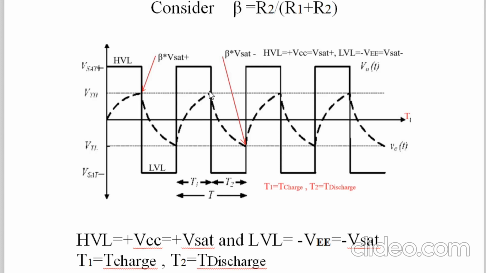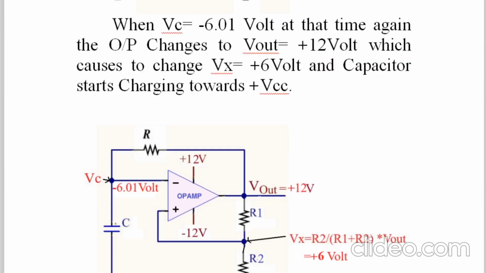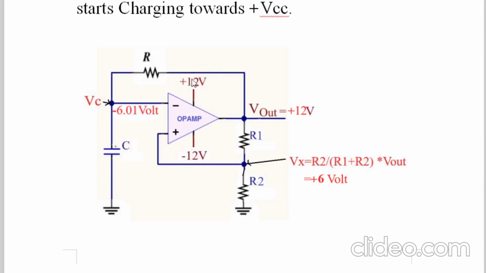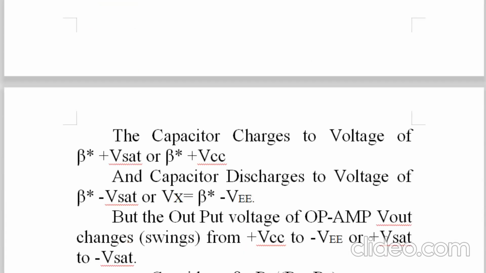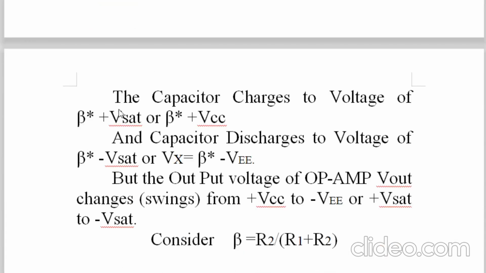So here the circuit is very simple. I have explained it to you with the help of different diagrams. This is, you can say, the first position, but there is a difference between this and the first position, because first of all the output was in HVL but this voltage was 0. Now the voltage across the capacitor is not 0 because it is discharged to minus 6 volt, and in this way you can understand that the capacitor